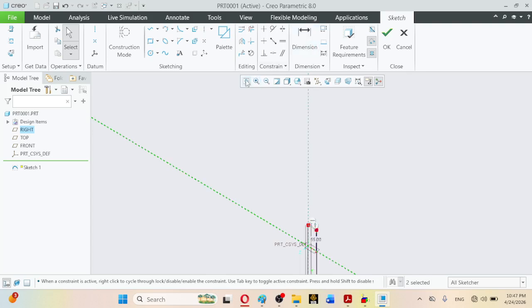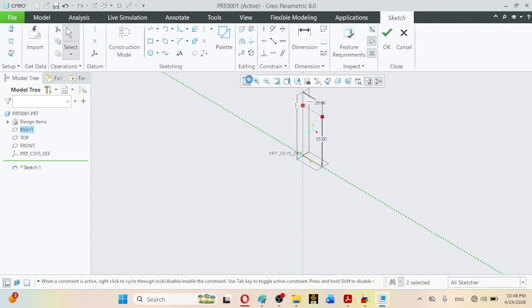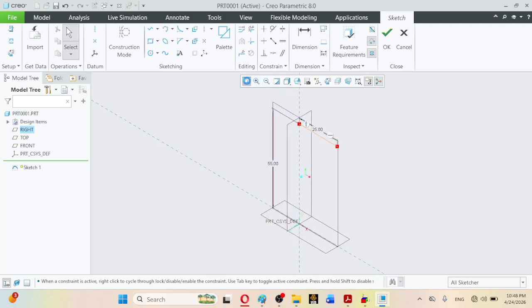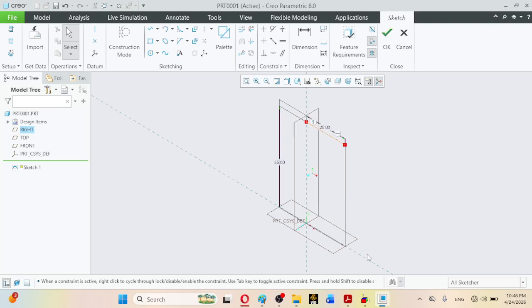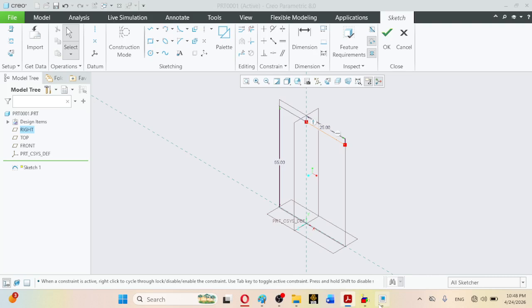So here, and now you can observe it here, and if you bring this dimension near here, and now again, as you can observe it here, this 55 dimension has also been created, and this 25 length has also been set out, and in this way a better view has been obtained. So this 25 line has been successfully generated, and after that what you can do, for example,